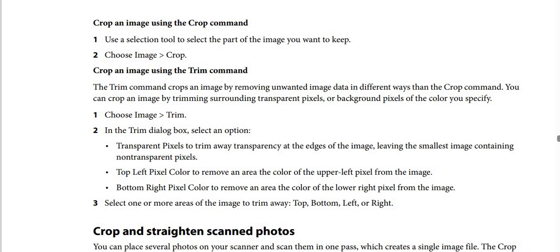Step number 1. Choose Image, then choose Trim. Number 2. In the Trim dialog box, select an option. You should select Transparent Pixels to trim away transparency at the edges of the image, leaving the smallest image containing non-transparent